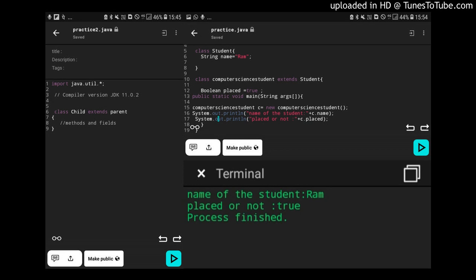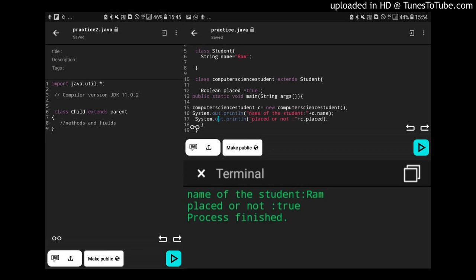Then you write two println statements. In the first println statement, we will print out the only field that is available in the parent class, the Student class, that is the name of the student. So we will simply write c dot